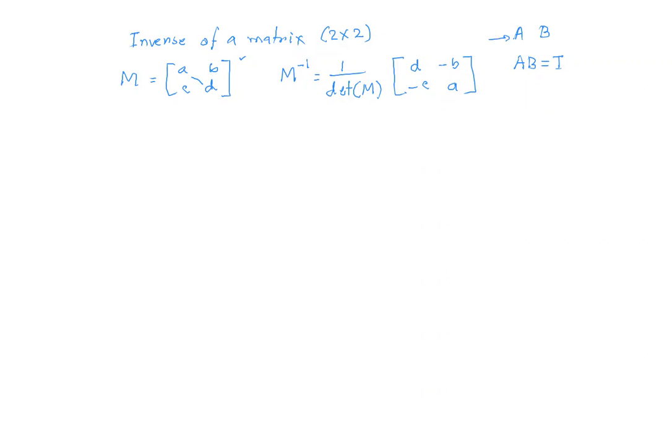So if the inverse of A is B, then A times B is the identity matrix, and B times A is also the identity matrix. That means AB is the same as BA is the same as the identity matrix. It doesn't matter which way you multiply these two matrices, you always get